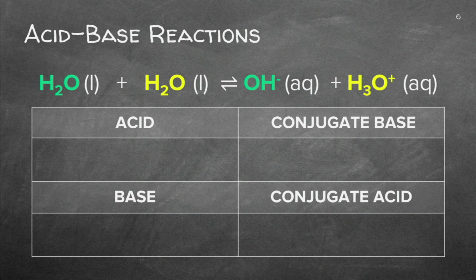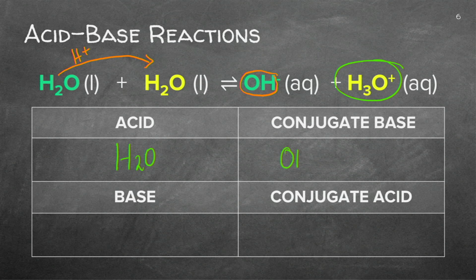So what's happening here? I've got water, and you see we've done the one in green and another water in yellow. And can you see what's forming here? That is OH. So what happened here is that this green water donated the proton or the hydronium. There it was picked up in the yellow one, and you can see there it's H3O plus. So the green H2O, can you see that green there? That was the acid. Its conjugate base, that's also green here, is OH minus.